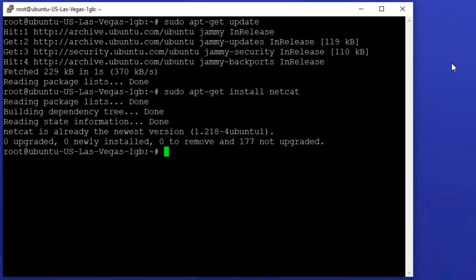Now, let's use Netcat to identify open ports on your server. Netcat can scan a single port or a range of ports. Imagine you want to scan ports ranging from 10 to 25 on the server with IP 127.0.0.1. The command would be: netcat -z -v -n